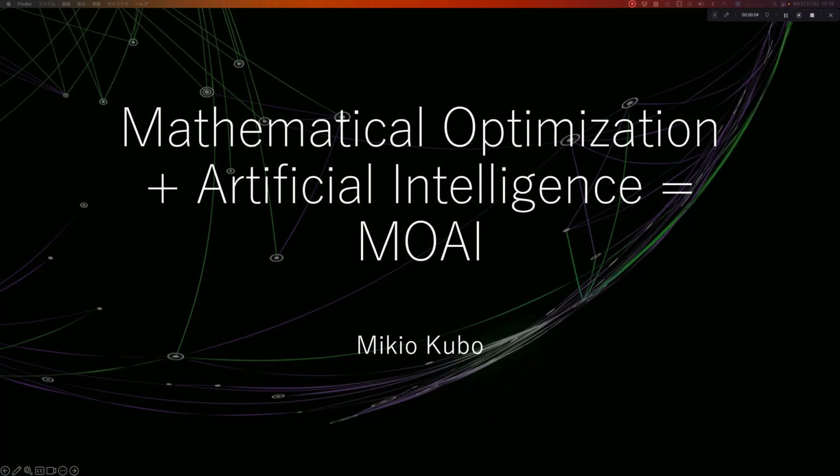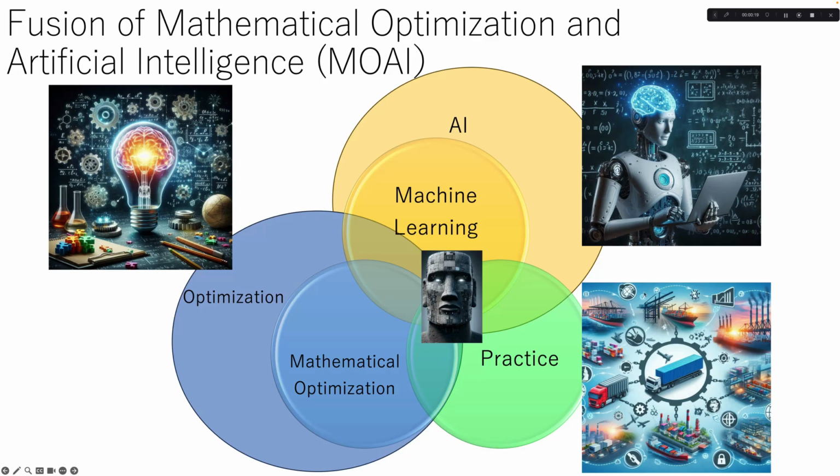Hello, everyone. My name is Kubo, and today I would like to talk to you about mathematical optimization plus artificial intelligence equals MOAI. MOAI is a term I coined to represent the fusion of mathematical optimization and artificial intelligence, as the name suggests. As you can see in this Venn diagram, MOAI resides in the intersection of mathematical optimization and